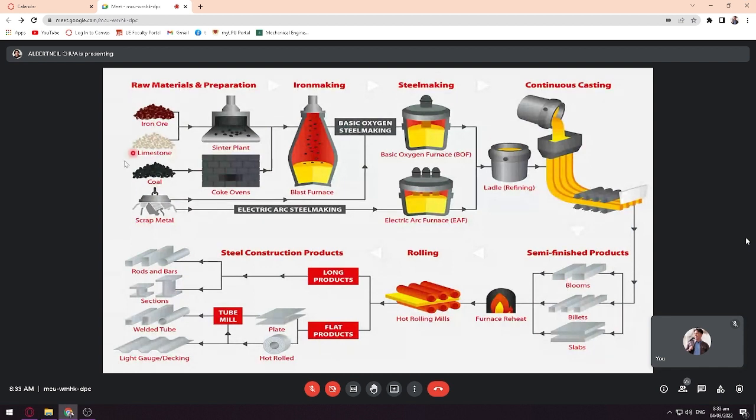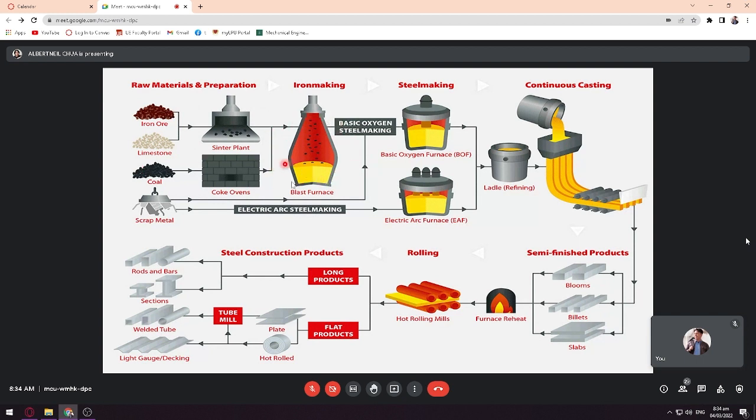So this is the general process. As you can see, these are our raw materials, iron ore or limestone. They go through the sinter plant, which is the clamp from earlier. The coal goes through the coke ovens. And our scrap metal, as I mentioned earlier, goes straight to the electric arc furnace. So from the sinter plant and the coal, those three go through the blast furnace to produce